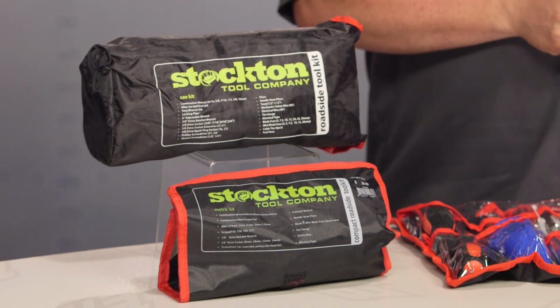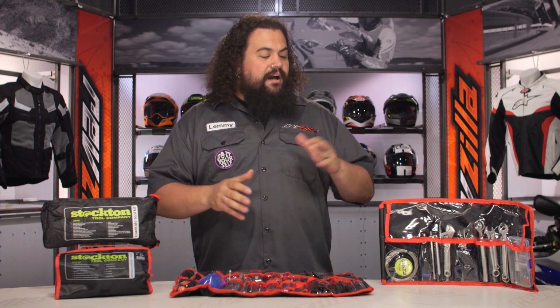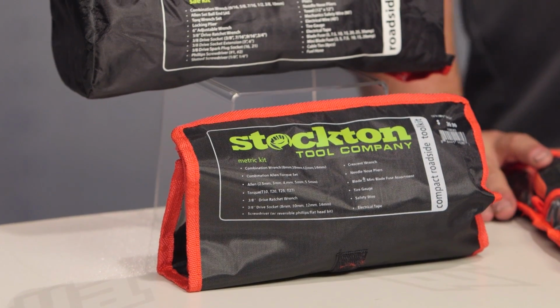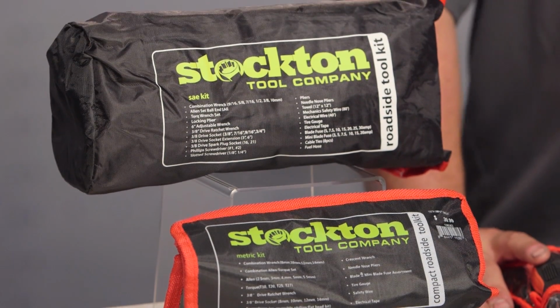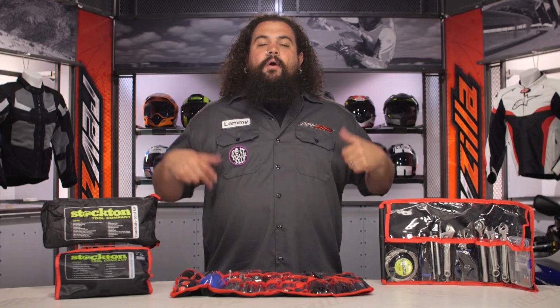Now, these two kits are going to differ mainly in what it is exactly that they include. I'm not going to run through the list of all of these things with you guys. However, the compact, I would say, is your basic kit full of items. Note that the compact kit is only metric, so if you're on a metric motorcycle, it should be fine for you. However, if you're on something SAE, if you're on a Harley Davidson, that might not get the job done. You may need to augment that kit if you do opt for that,